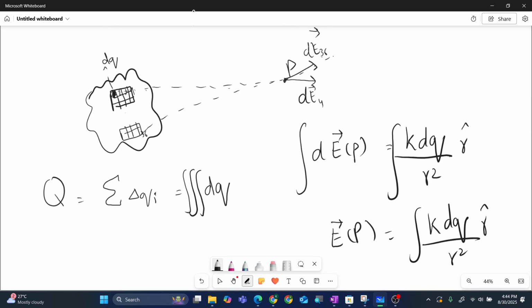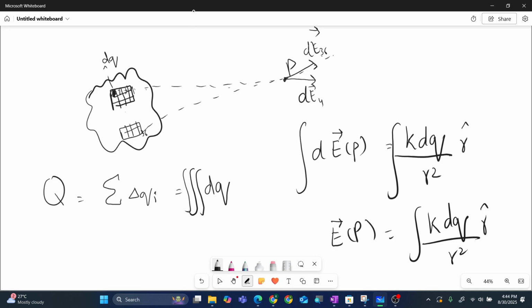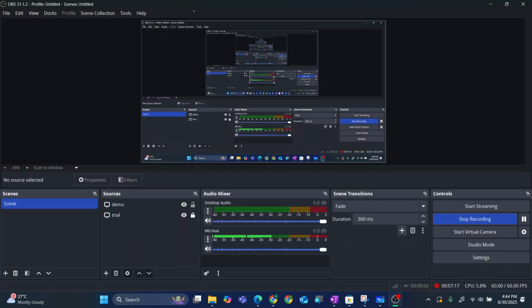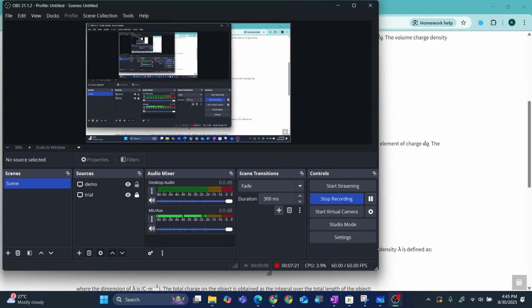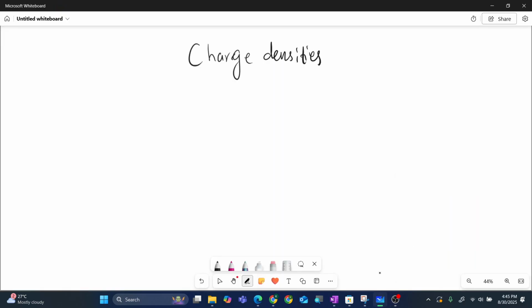Okay, before I dive into calculating the electric field due to a continuous charge source, I want to talk about the charge densities. So we have 3 different charge densities. We could have linear charge density,